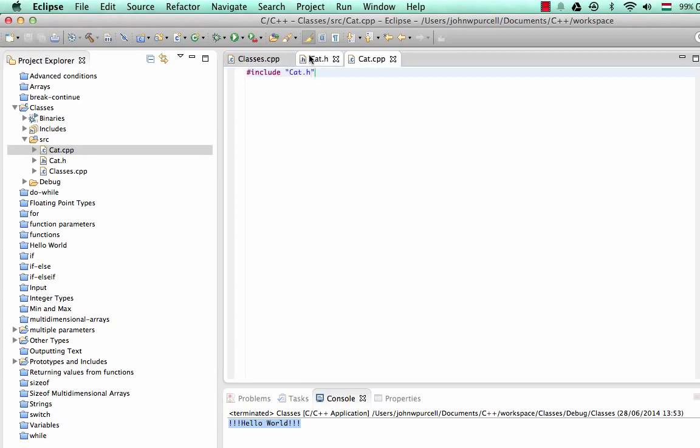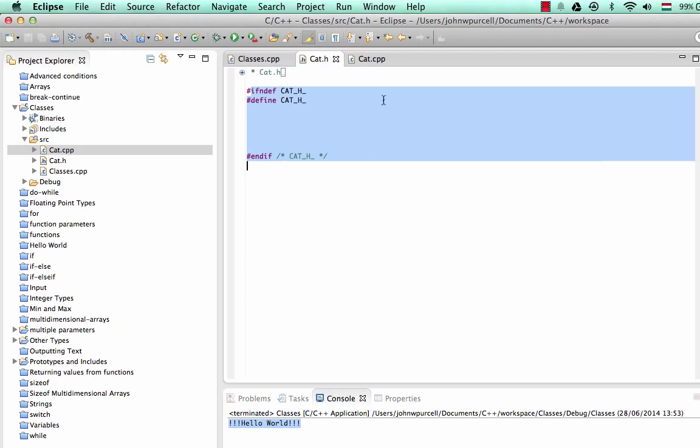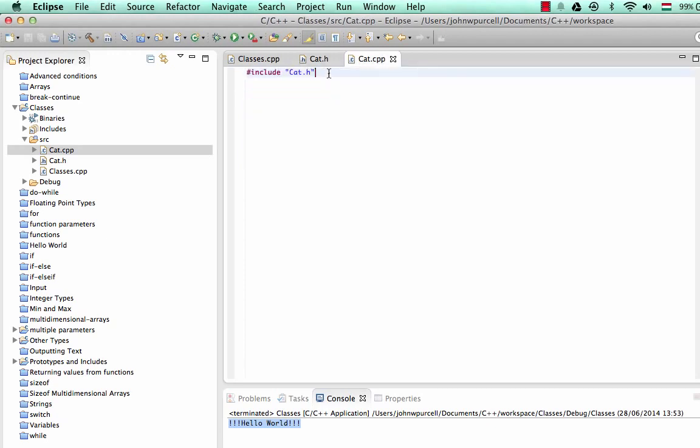So we've got two files here. We've got a header file with the usual ifndef stuff in it that we saw last time. We've got a .cpp file that includes the header file. In the .cpp source file, I'm going to start by defining a function here. Let's call it speak. So I'm going to say void speak, empty round brackets there, it accepts no parameters. And I'm just going to put the curly brackets in, and I'm going to put cout